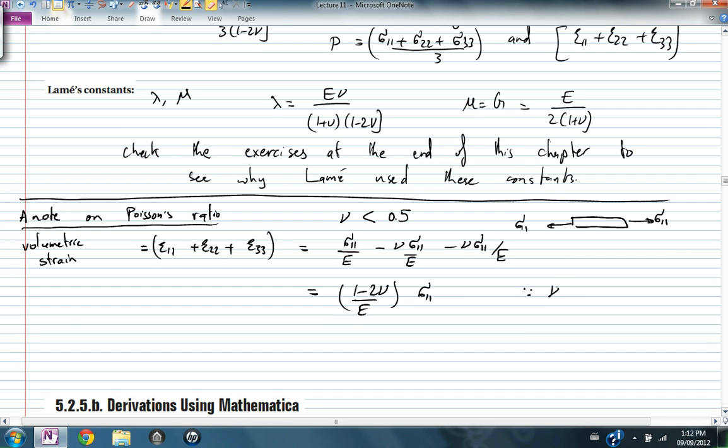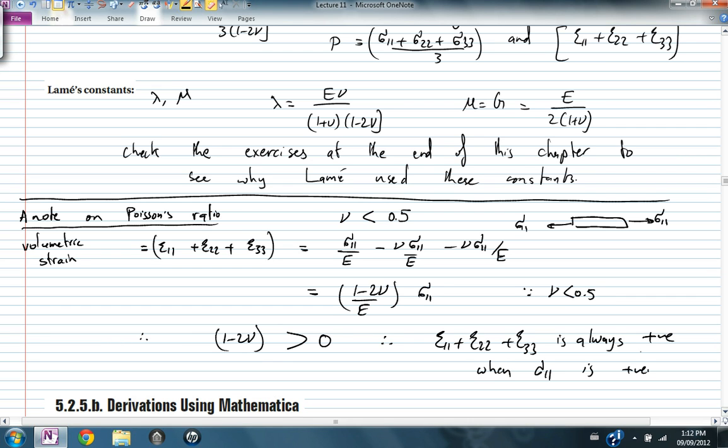Since Poisson's ratio is less than 0.5, therefore 1 minus 2 Poisson's ratio is always greater than 0. Therefore, epsilon 1 plus epsilon 2 plus epsilon 3 is always